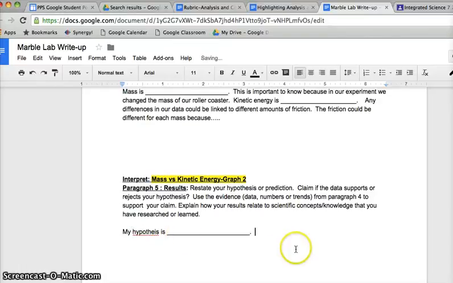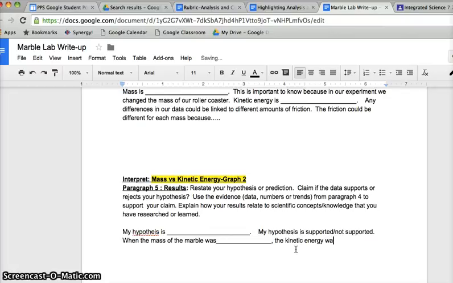the second thing you want to say is, my hypothesis is supported or not supported. And then finally, you want to talk about the data. For example, you might say, looking at your data, when the mass of the marble was, the kinetic energy was